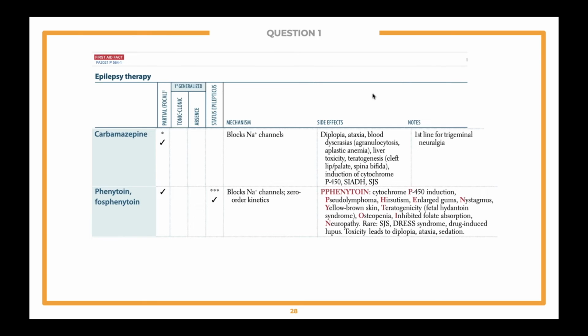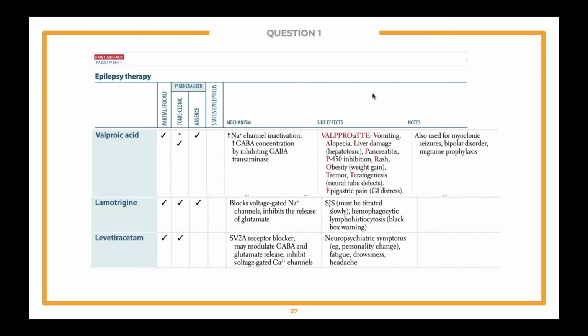So if we come back and go to the previous slide and we look at levetiracetam, we can see that this actually has a much more favorable side effect profile, okay? So this could be a medication that you might be able to add onto valproic acid and not have those concerns about increased hepatotoxicity or CYP450 interactions. So that's another thing that they were likely getting at with this question. So if we go back to our question,